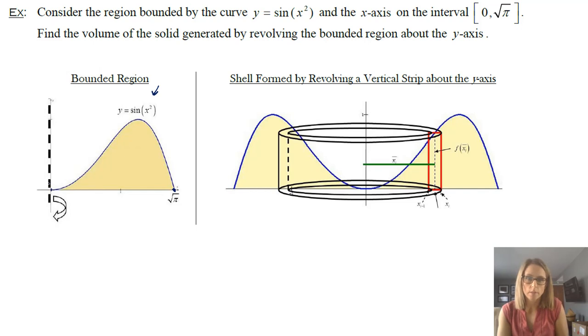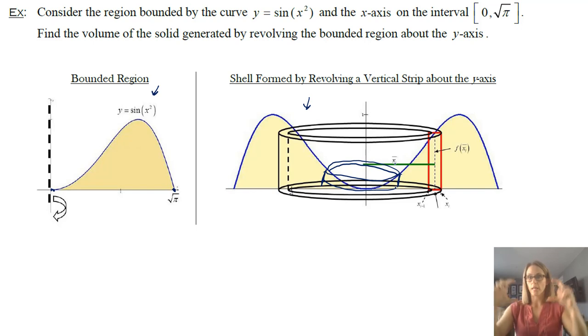And this whole thing is going to get revolved around the y-axis, and that's what's created here. So basically you want to imagine that that piece has a bunch of smaller cylindrical shells happening down here, smaller cylindrical shells that are getting rotated around. And then as it gets taller, you're going to get larger cylindrical shells, and then it gets smaller again, and then you're going to get smaller cylindrical shells.